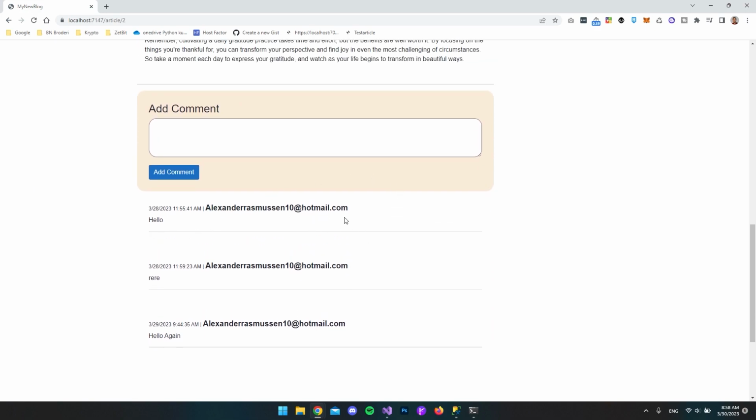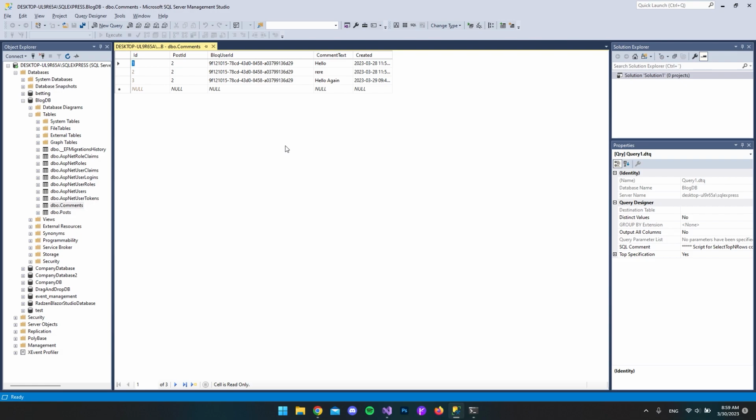create on this post. And the reason I show you this is because a comment has a one-to-many relationship with the post, and it actually has the same with the user that is also logged in and has created the comment. So to see this a little bit better, we can go to the SQL Server Management Studio, and